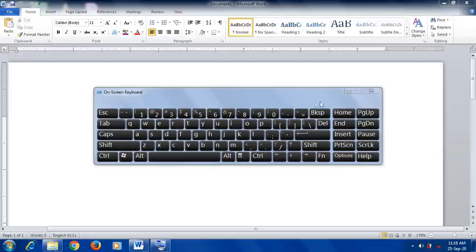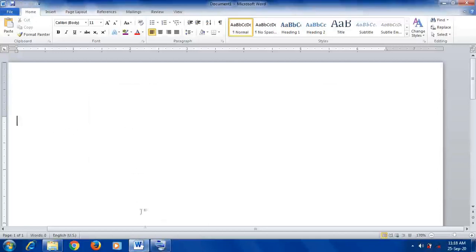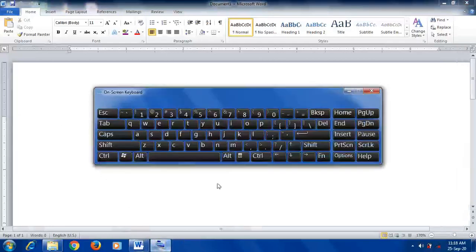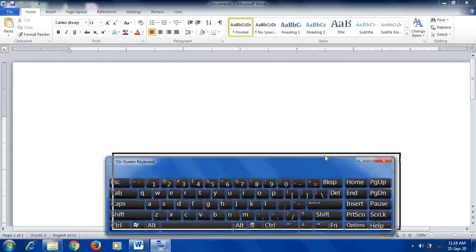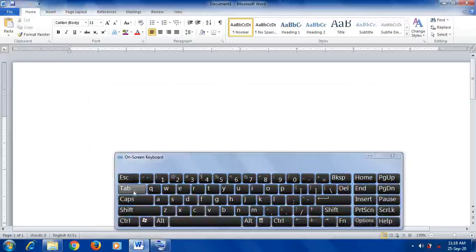So let's see here. Let me show you. The cursor is here. I will click by using this on-screen keyboard. See here, the cursor is here. When I press the tab key, see now how it is moving. See, it moves 6 to 8 spaces at a time. So 6 to 8 spaces can be moved by using this button. If you use the space bar, only one space gets moved. But sometimes there will be a requirement to move the cursor 6 to 8 spaces at a time, then we can go for this button.